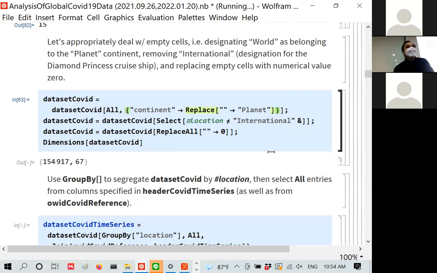For example, for the cruise ship, the continent is blank. I don't want to deal with blank, so I just say it belongs to this planet. And if it's blank, I just put in 0. Some analyses take blank as missing data, but for simplicity, I just take it as 0. So I did that,